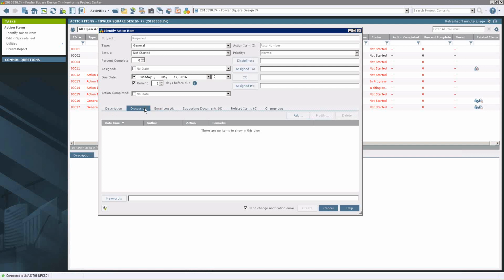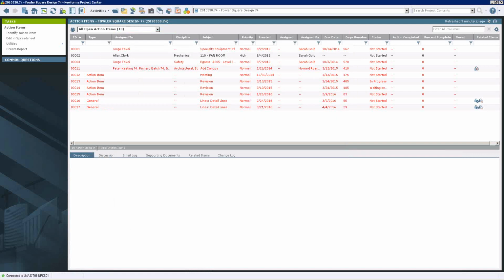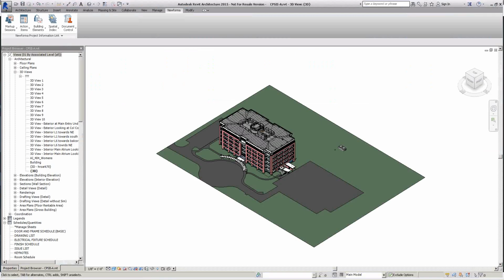The discussion tab that you see here has a conversational element to it, where you can add a discussion point. Parties to this particular action item can have a conversation here that gets documented in this action item through this discussion element. And that is possible through the website as well. So if I jump back into the Revit model,